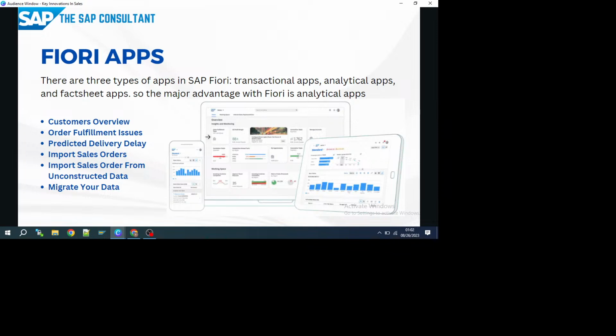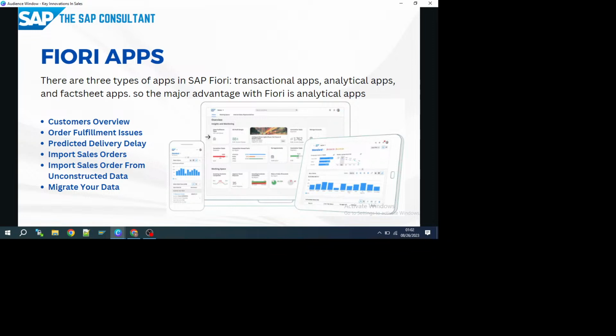Okay, likewise, we have another application called migrate your data, which is available in the S4Hana, and LSNW is no longer used for the master data uploads. Okay, for example, if you want to create a customer, there is no XD01 transaction, right, for which you have to run the BP transaction, and you cannot say that this will be the unique and default screen on which you can record the screen. No, right? For that you won't be able to record the sessions by using the LSNW transaction,